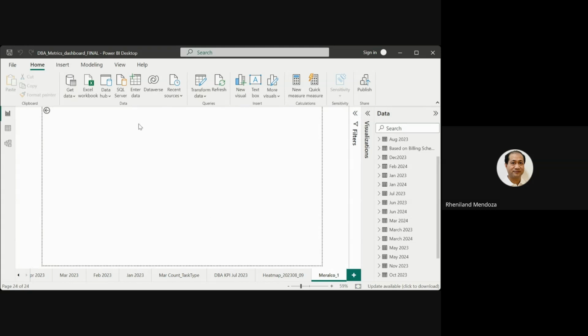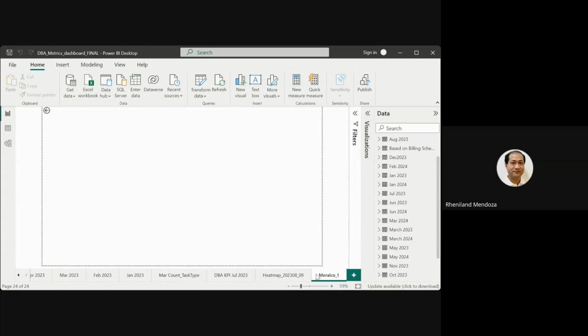But if you try to import it here, see what happens. Power BI can accommodate that large a size and that many rows. So here is a preview window where you can preview your data before loading it.